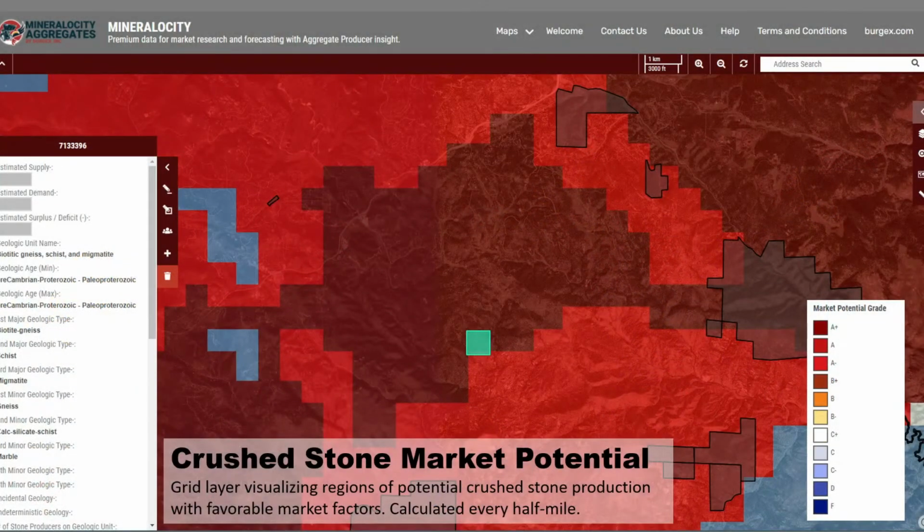This layer is called the market potential layer. We call it the grid because technically this layer is a grid-based layer across the entire United States consisting of half-mile grid squares. As you can see in the pop-up window on the left, you have estimated supply, estimated demand, and estimated surplus deficit. The way to understand that is basically what we've done is,